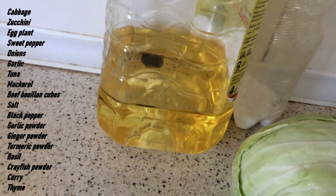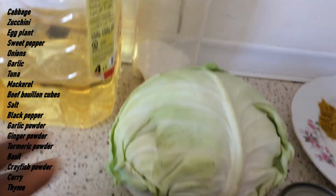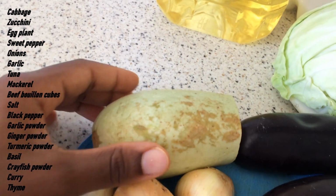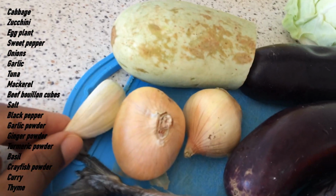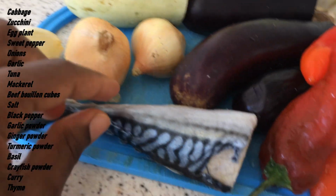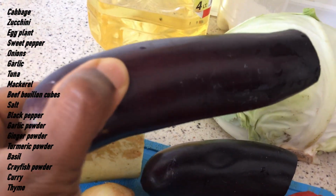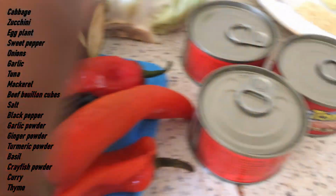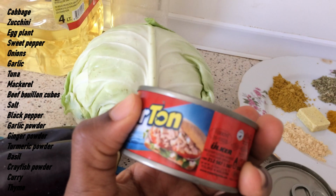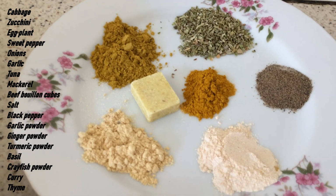Here, sunflower oil, some salt to taste, cabbage, the major recipe, zucchini, I'll be using half, onions, garlic, mackerel for that wonderful taste, eggplant, I already cut the end of it, sweet pepper, tuna, and lastly my all-time spices, which are